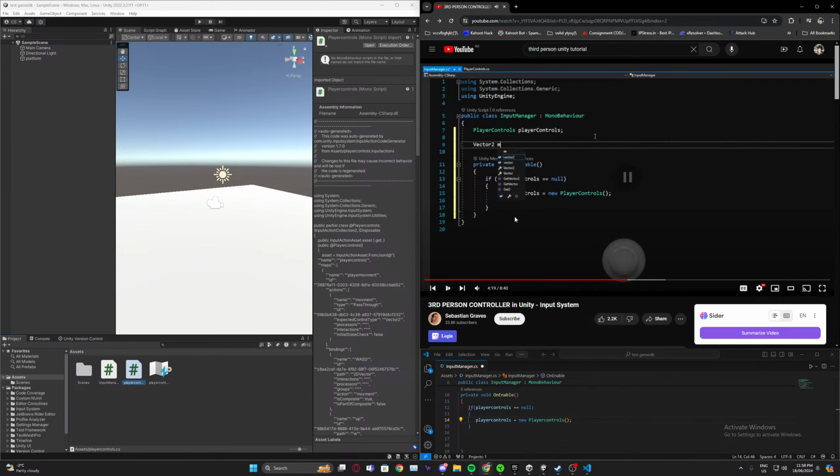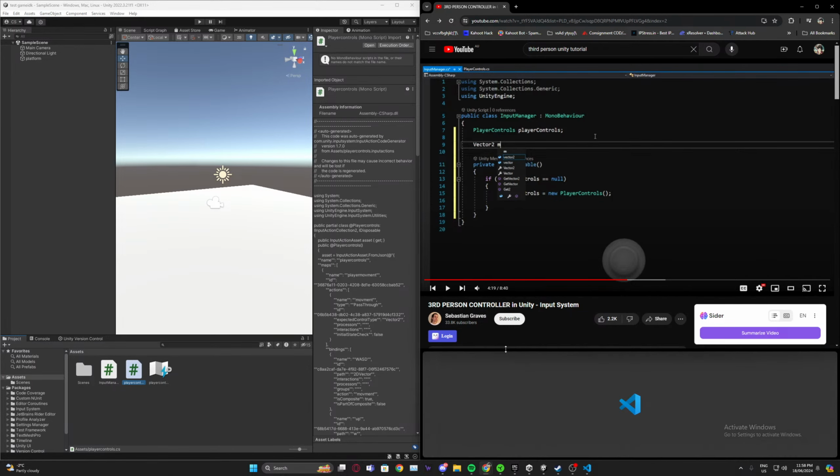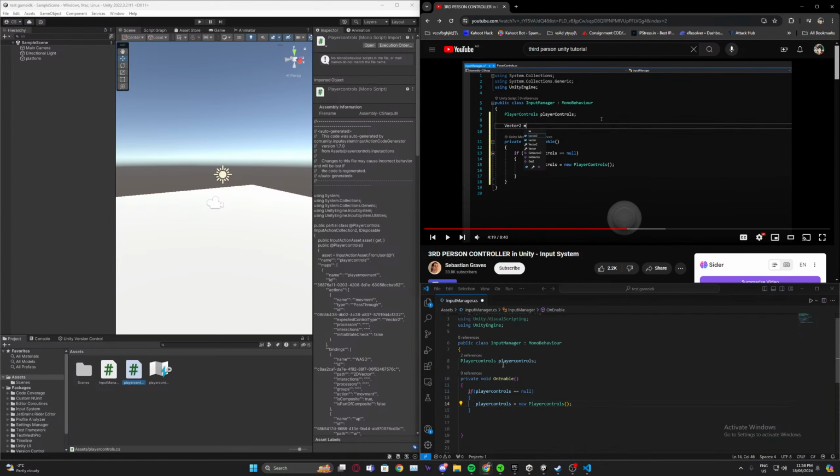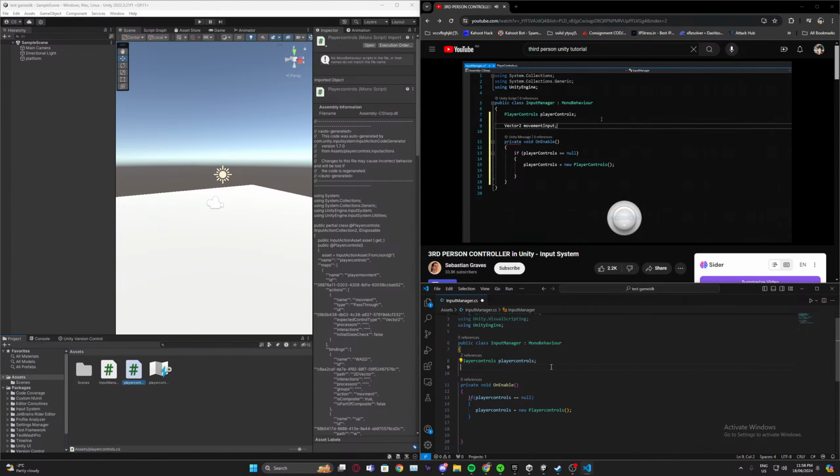Now remember, a Vector2 is just used to store information on two axes. That's why it's called a Vector2. So think up and down or left and right on the keyboard or left analog stick. Okay, so then we're going to say player controls dot player movement, referencing the action map, and then dot